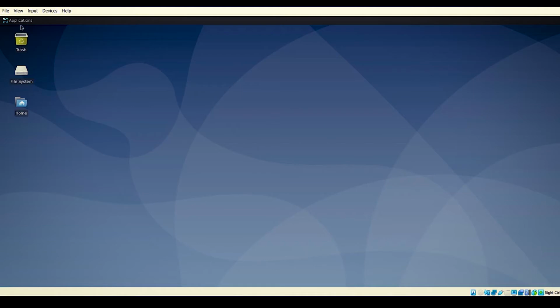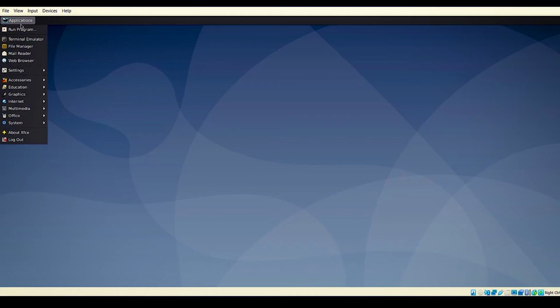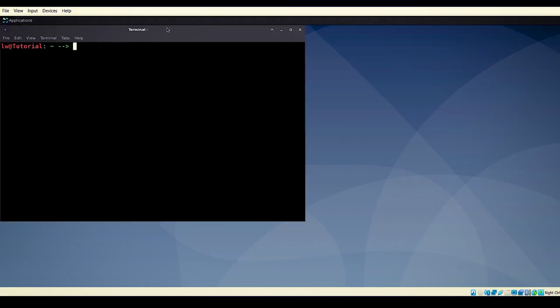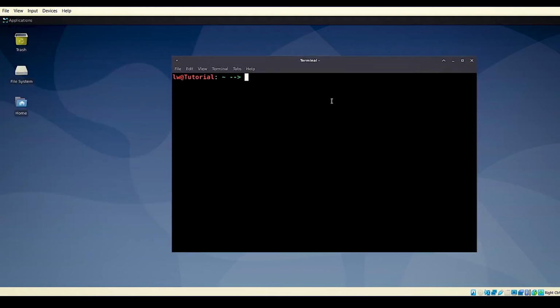You go ahead to the Applications menu or on the Unity left sidebar and just open up the terminal. That's all we want to do. The first thing is open up the terminal. Once you open up the terminal, you should see a screen similar to this with this block thing on the left. Start typing in sudo